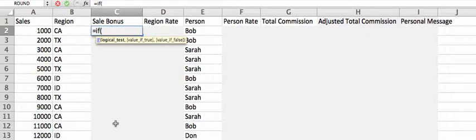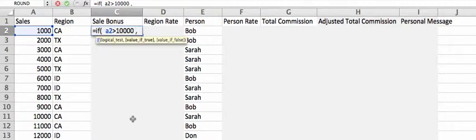There's three parts to our if statement, and you can see them in the little tooltip here. First is the test. In other words, true or false. Is something true or something false? If it's true, our if statement will return this piece. If it's not, it's going to return this piece right here. So let's do our first test. We're going to say if A2 is greater than 10,000,